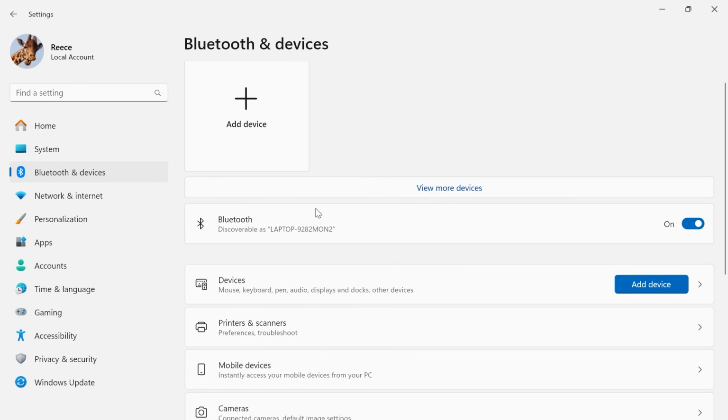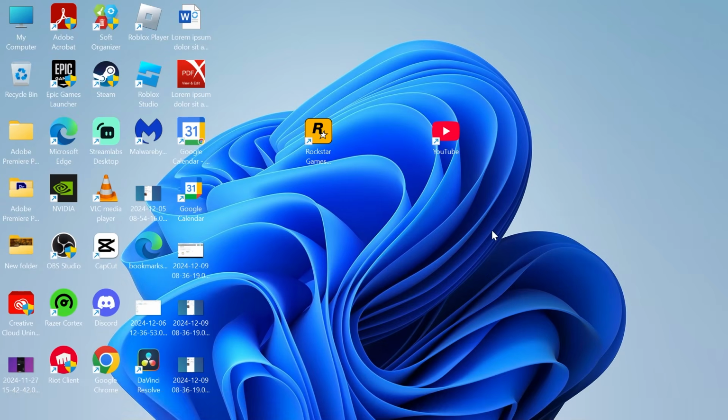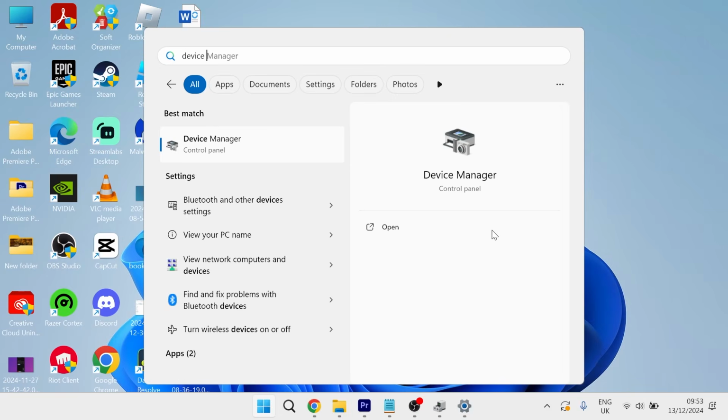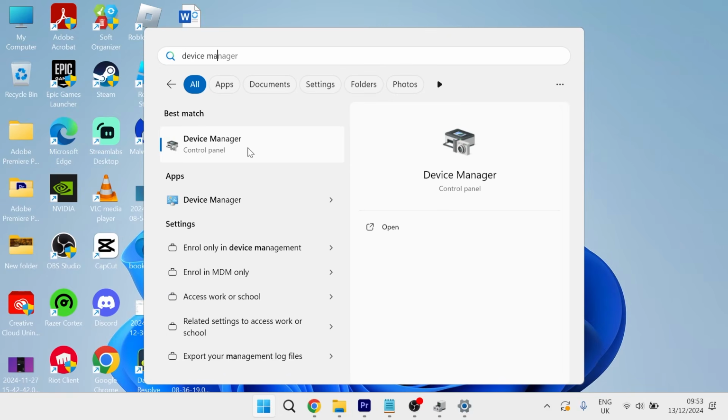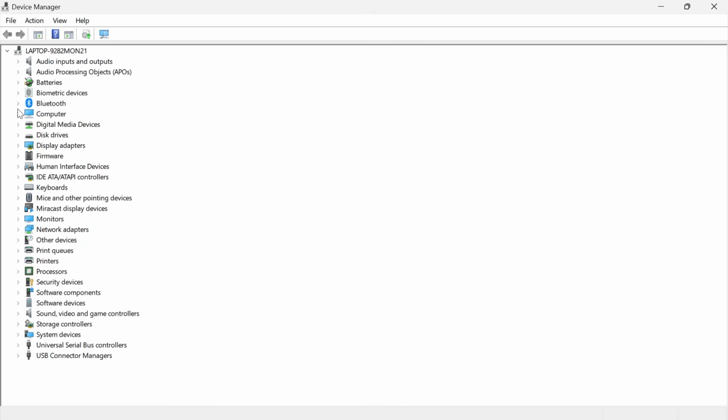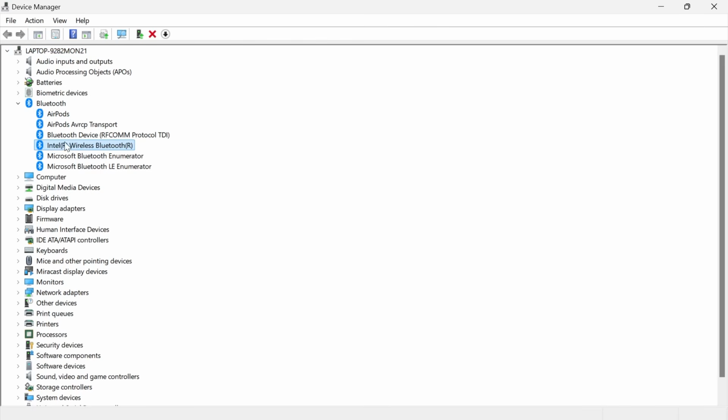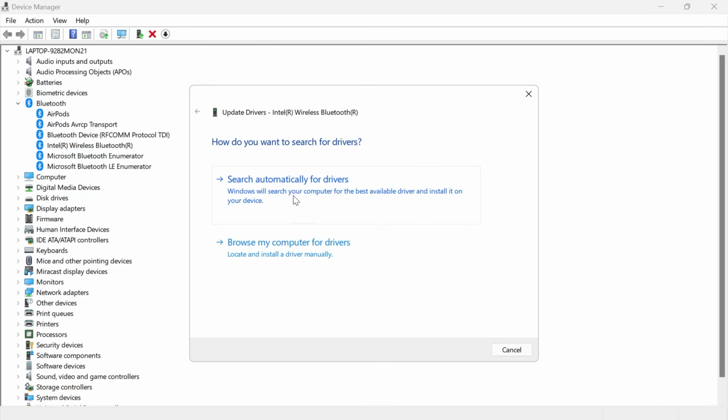Now, if that's not working for you, then what you'll need to do is head over to your start menu, search for device manager, and then click on the device manager window. Next to Bluetooth, you want to expand this drop down. And from here, you should be able to see your Bluetooth adapter. So mine's this Intel wireless Bluetooth one here, and what we need to do is update these to the latest drivers. So the first method of doing that is just by right clicking, selecting update driver, and then pressing search